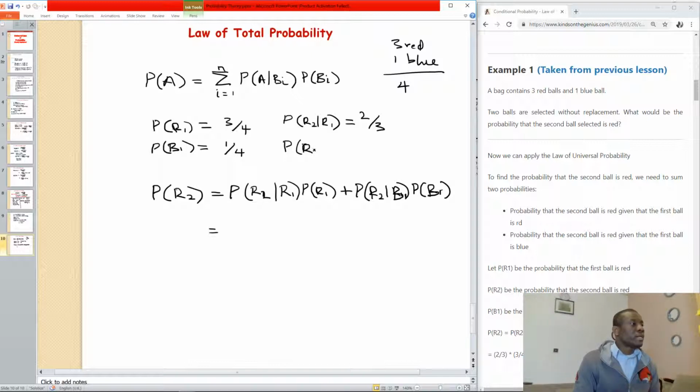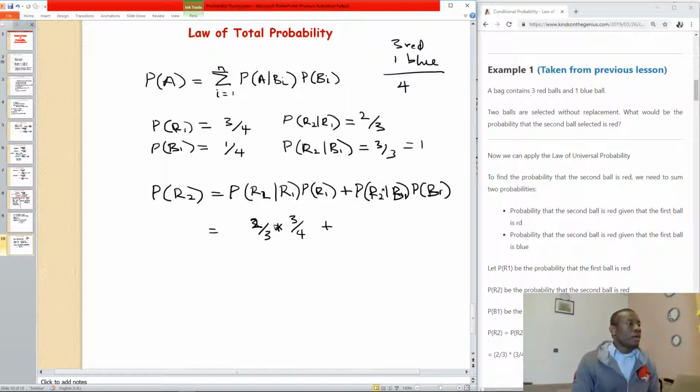Then the probability that the second ball is red, given that the first ball is blue. When the first ball is blue, which has probability 1/4, we've removed 1 blue ball, remaining only 3 red balls. So this probability is going to be 3/3, which is 1. That will enable us to now calculate the total probability. This case gives us 2/3 times the probability of the first ball being red, which is 3/4,